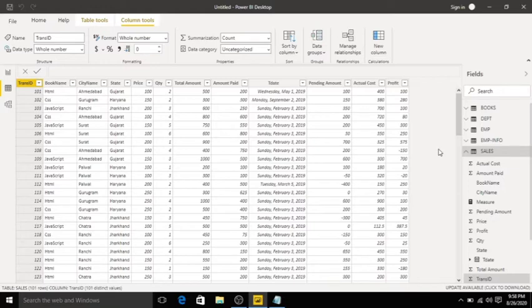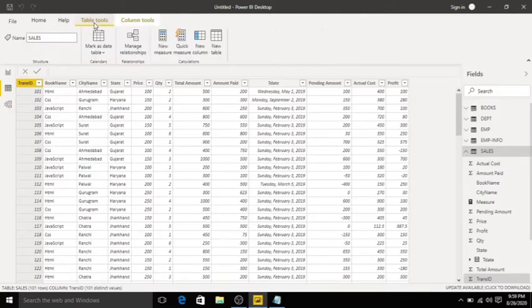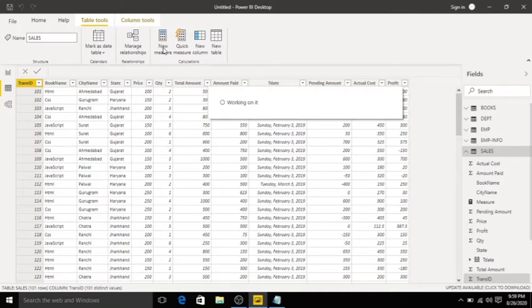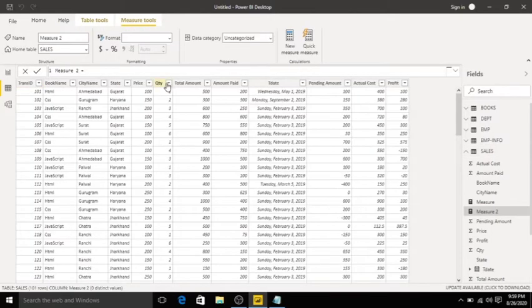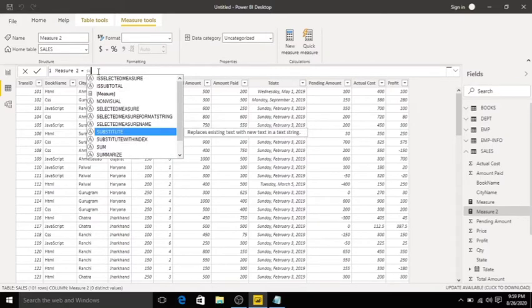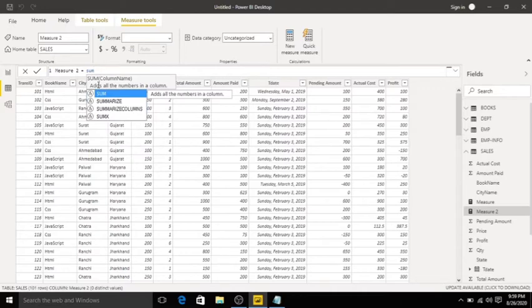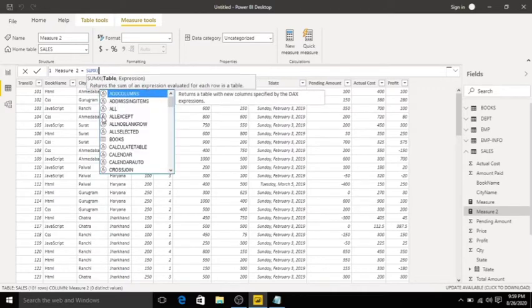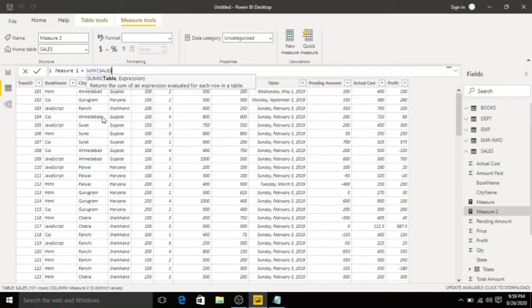In that context, we have to use the filter function. Go to table tools. I will create a new measure. Click measure. I want to perform a sum for amount paid. I have used a function called SUMX. Click tab. Sales table, comma. I have to use the expression of